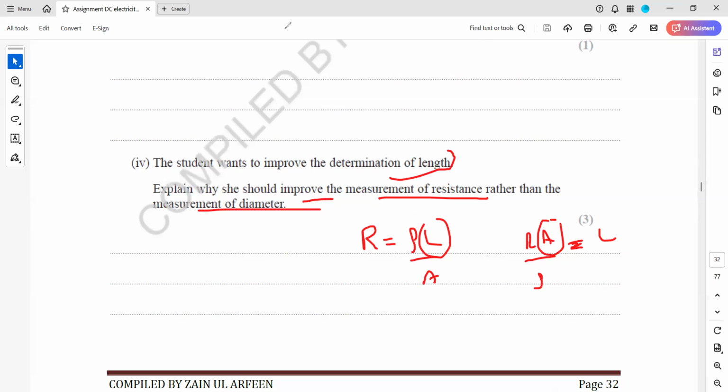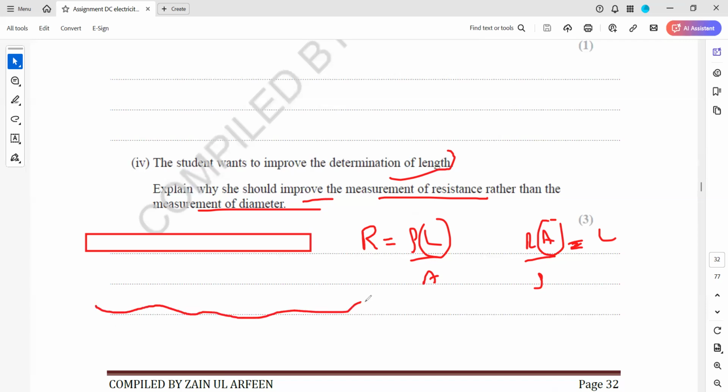The main reason is that a wire usually has a uniform cross-sectional area. You don't find a wire with a non-uniform cross-sectional area, not like this. The wires are not like this. The wires have uniform cross-sectional area. So the change in the area or the diameter will be negligible throughout the wire. But what will happen? The resistance can change according to the section of the wire. Is it clear? So the structure of the answer is the change in the area